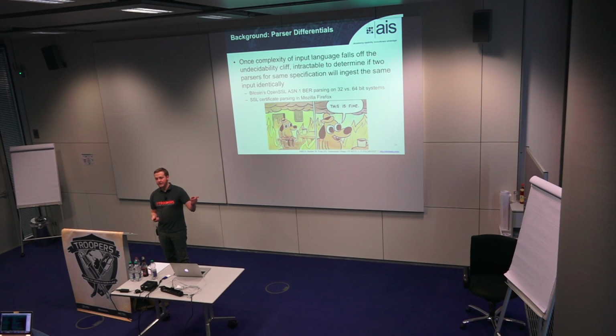Now, Mozilla would read that string as a C string. So they were ingesting that data in a different way. And so if they went to a site that was man in the middle and pointing you to paypal.com, null terminated, jacobtorrey.com, they would say this SSL certificate is valid for paypal.com and signed by GoDaddy for paypal.com. This was a way that you could do SSL man in the middle with valid certificate chains because of a parser differential. And because of the specifications, the ASN.1 certificate formats, it was very, very difficult to find that in an automated way. It was someone finding it in an exploit or vulnerability research way.